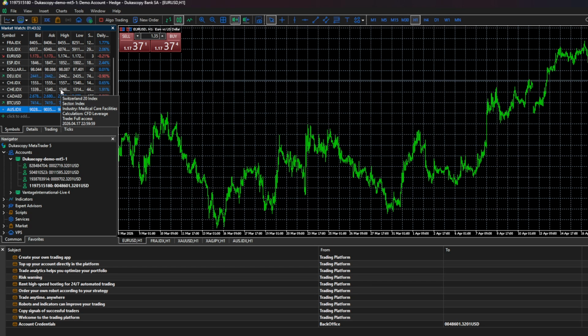When you're done, close the symbols window. You should now see your chosen cryptocurrency listed in Market Watch. From here, you can open a chart by dragging the symbol onto a chart area, or by right-clicking the symbol and choosing to open a new chart. That's all it takes to add a